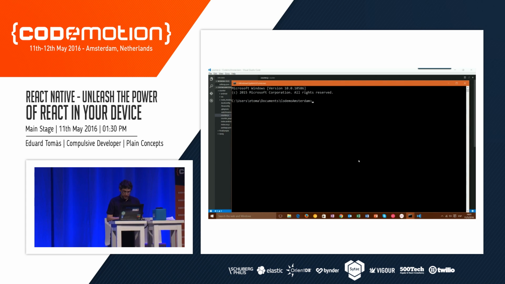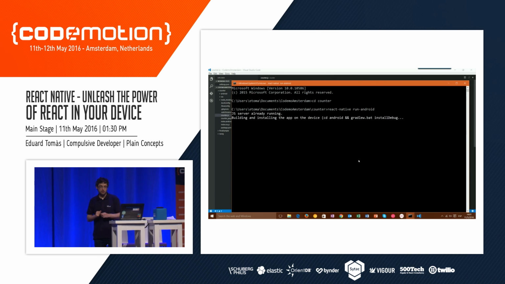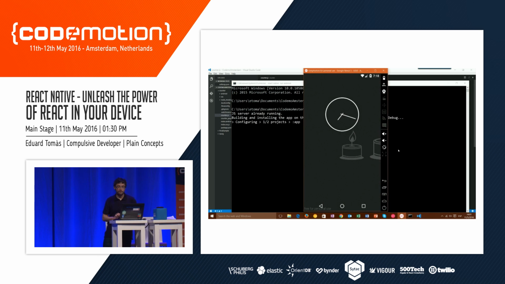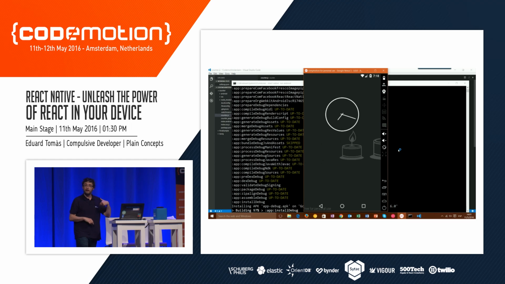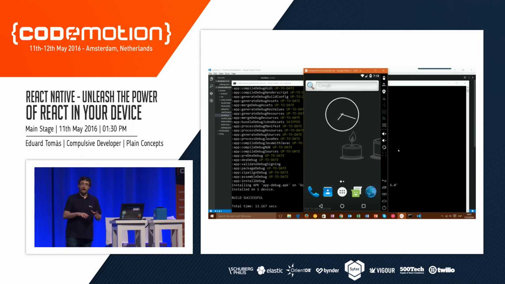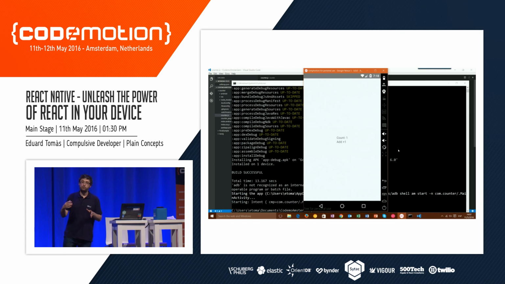Okay, and when I have the package bundler running, I can just use react-native run-android or run-ios. Here I have the Genymotion emulator for Android installed, and it's compiling the application. Important: as this is a native application, you really need to have the SDK for Android or the SDK for iOS installed on your developer machine. And here I have my application running, and when I press the button, the counter is increasing. So it's really easy to create these